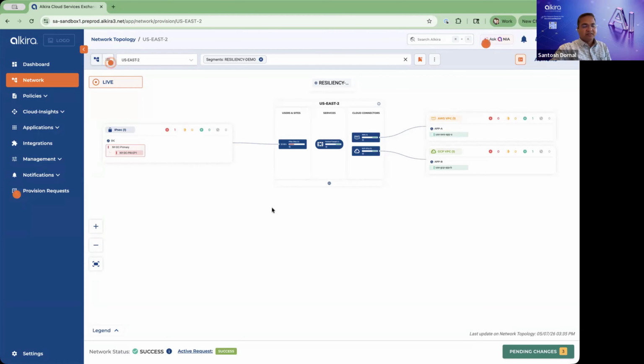He wouldn't be able to make any changes in that region because the region is completely busted. But he would have options to clean up that region if he chose to and move to a region that's working, or just continue to operate that way. And maybe if the region comes back up, everything just goes back to its own state, right?